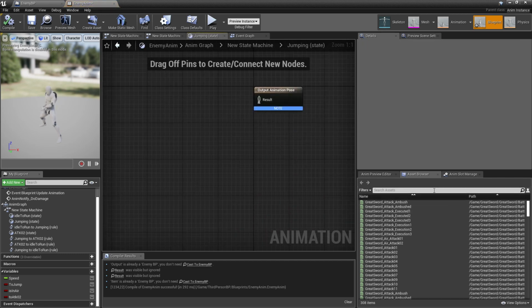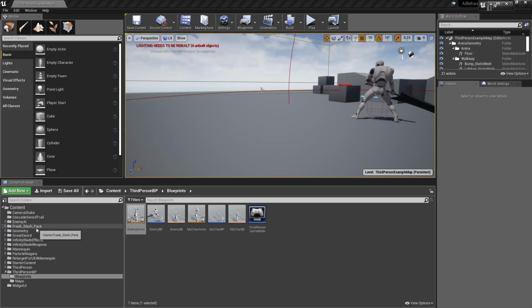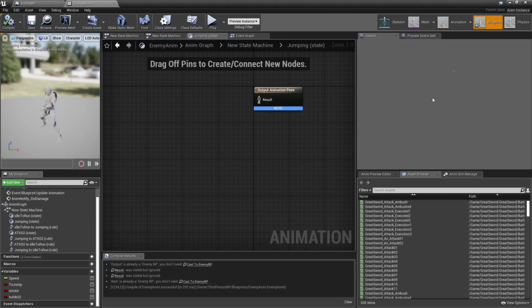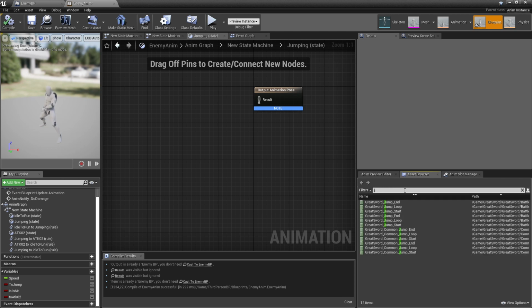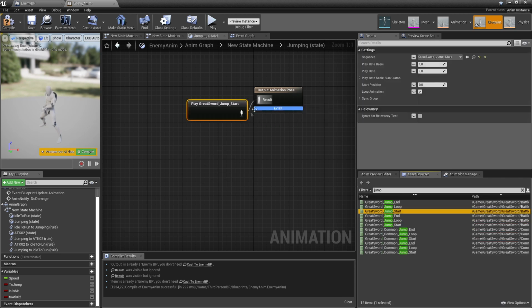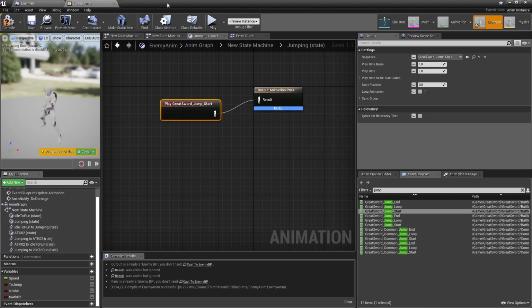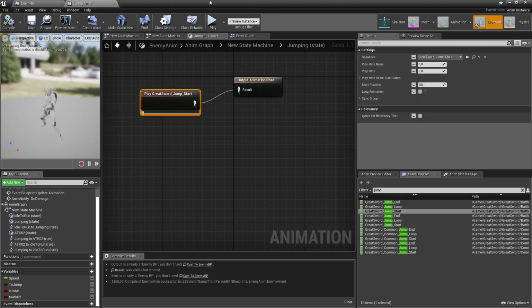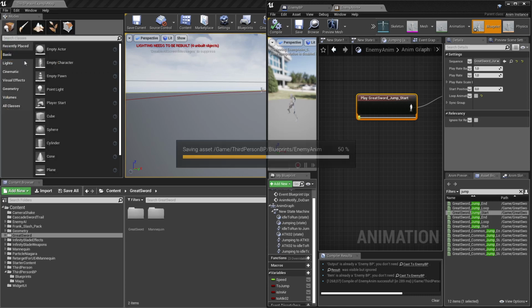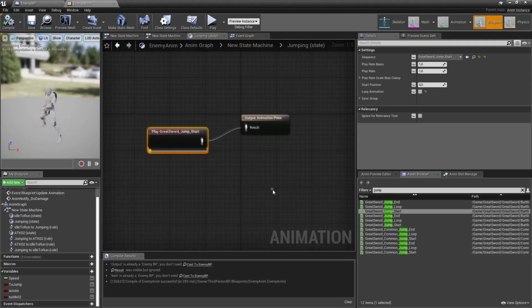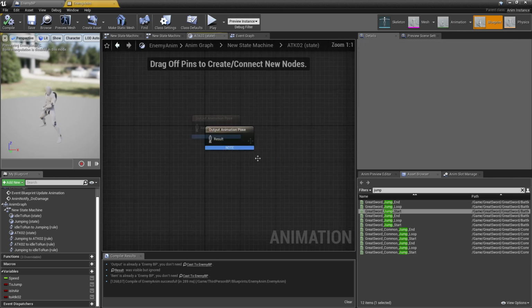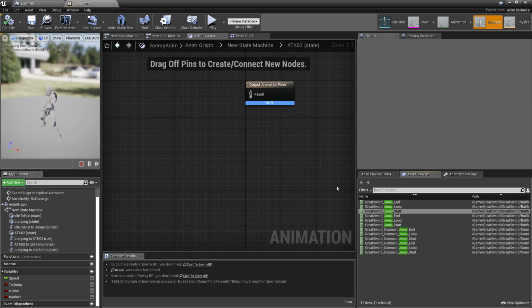We're going to go to jumping, and in the same folder I have the great sword. I found an animation for jumping, so this I think is called jump start. So I'm gonna drag jump start over here, and gonna untick loop animation, so this one's gonna look like this. So it's gonna start by jumping, and once he's at the good point, we can actually land the attack, and